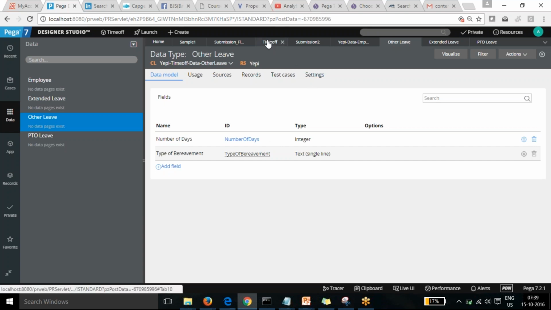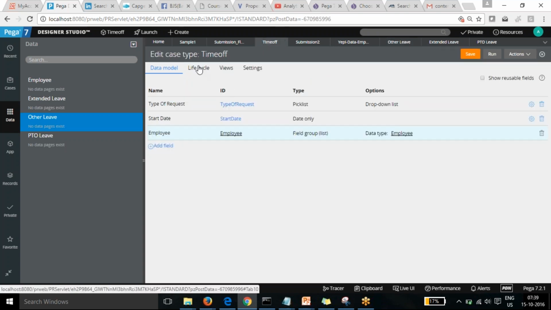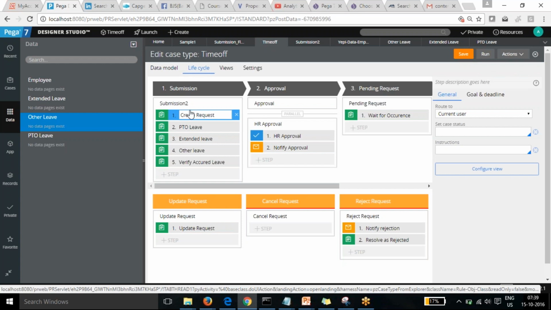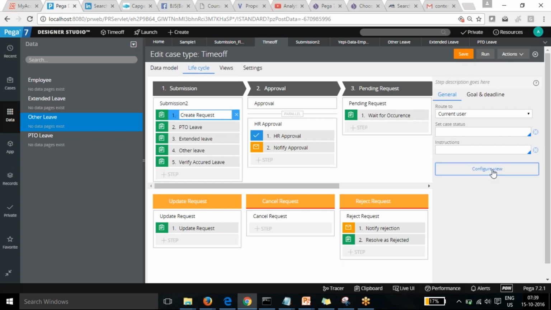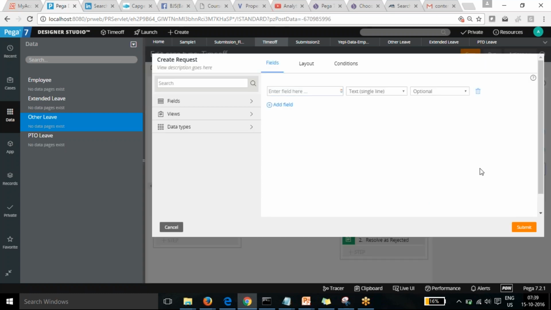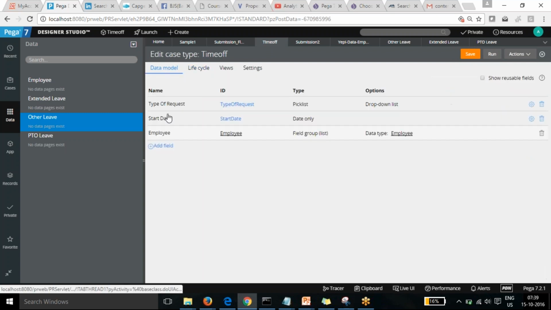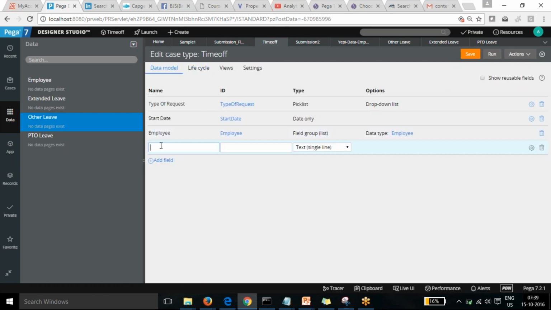Now if you go back to the time of, okay, and go to the life cycle, in the create request, I can go to the create view of it. Only problem, okay, sorry, one minute, I need to do one more part. In the data model, I need to add all the other leave objects here.